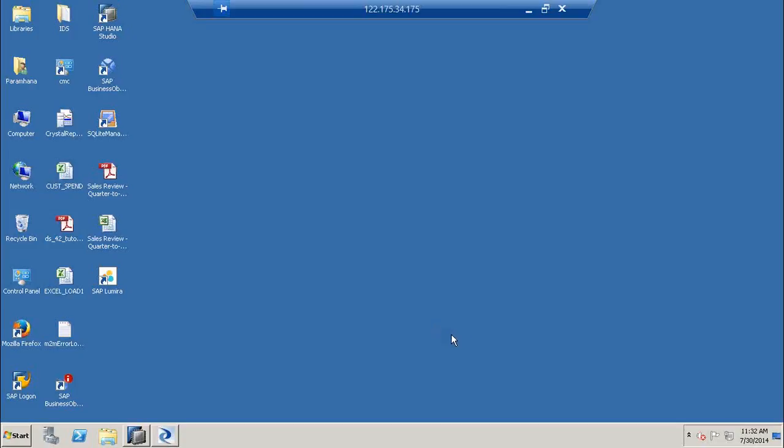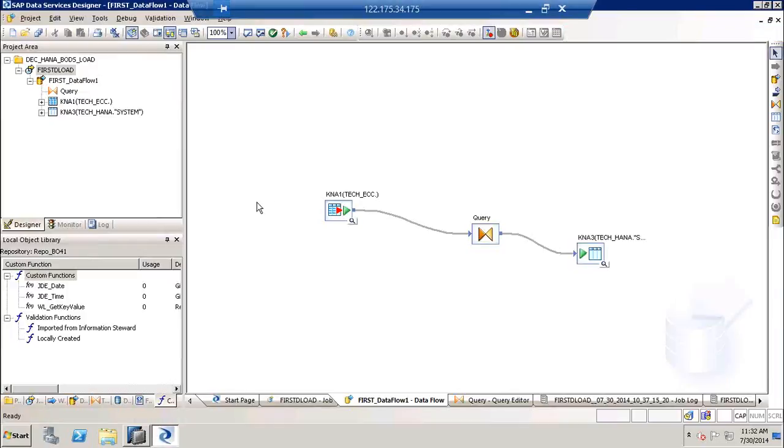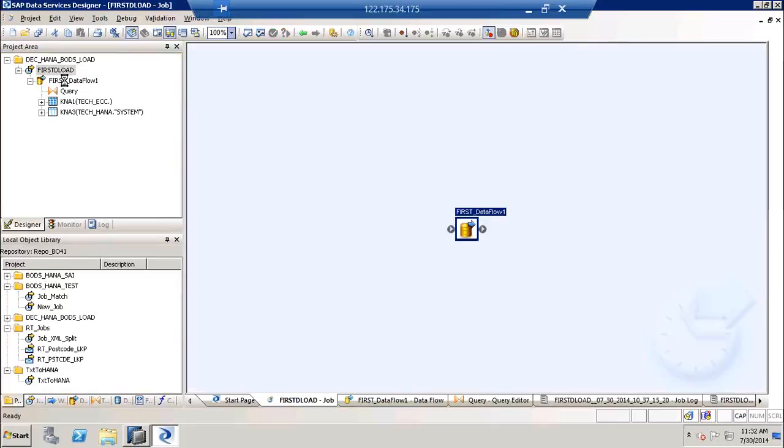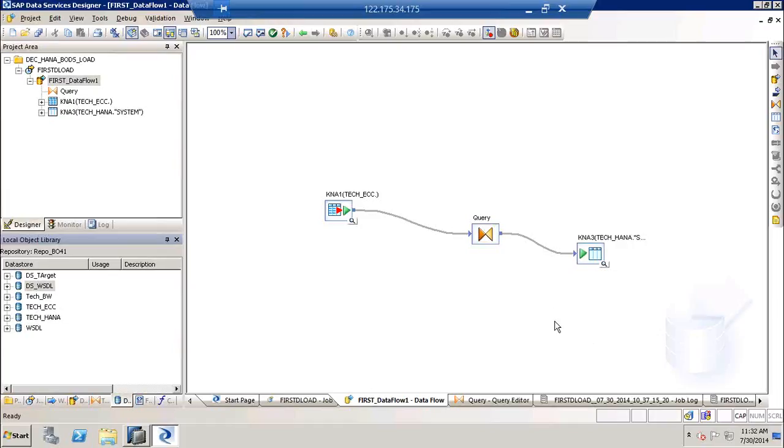Okay. So in that case, we go into the data services. Yep, if you can see the screen. So the first thing that we were able to perform was to create the folder. Then we had this job, and we had this data flow. And then we started to bring in the source and the target and then map it through the query. Now here, for the data store, a BODS engine requires two placeholders because the BODS engine will not store the data permanently because it is a replicator and not a target. So replicator